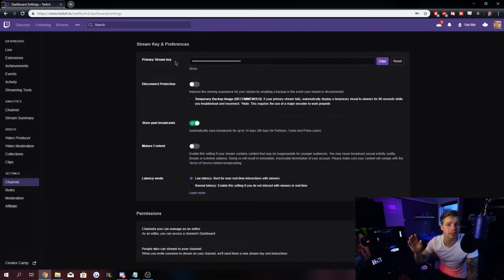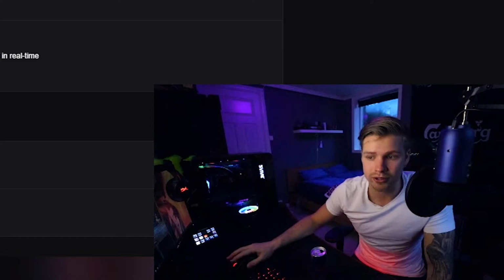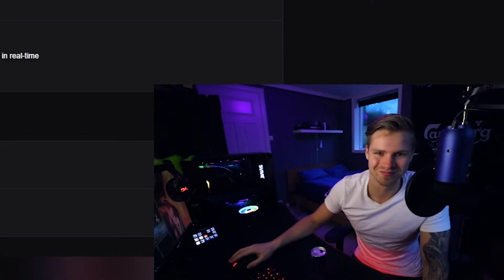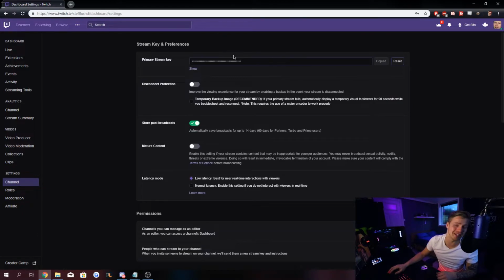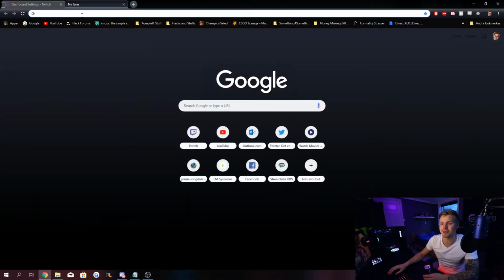Now this key you need to enter in your streaming software that we're gonna get into right after this little bit here. This basically makes you able to stream the content up to your Twitch page, your Twitch channel. Your channel and nobody else's. That's why this key is very special. Don't give this to people. So you want to copy this or just leave this page open basically. We're gonna head over to